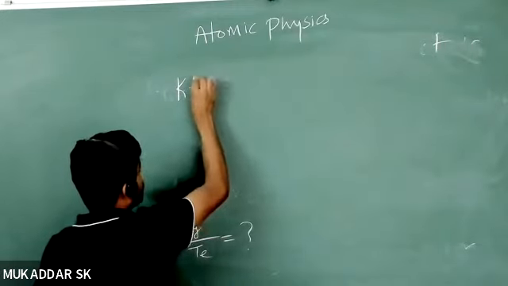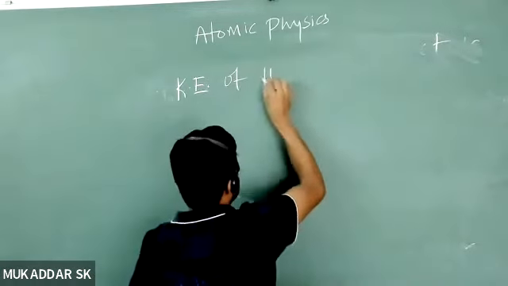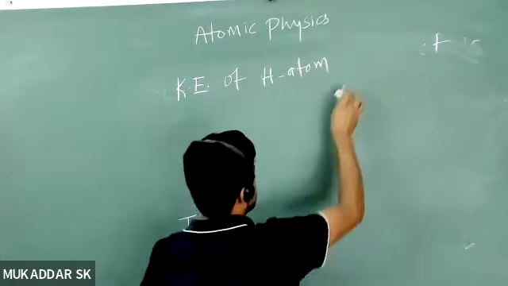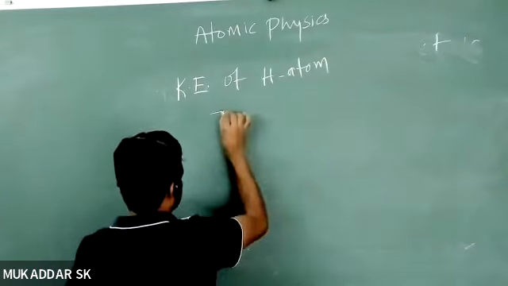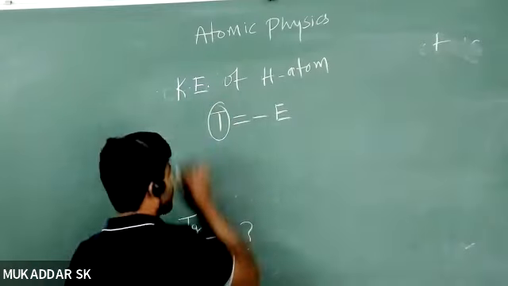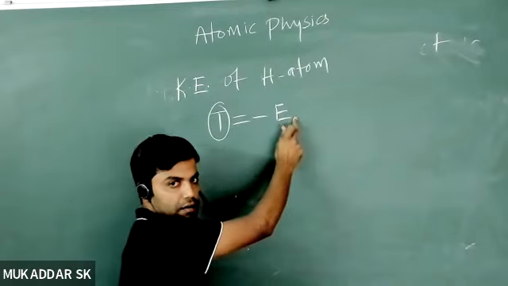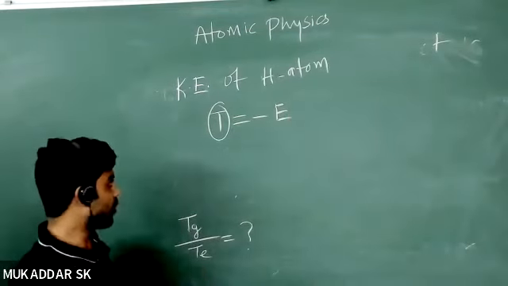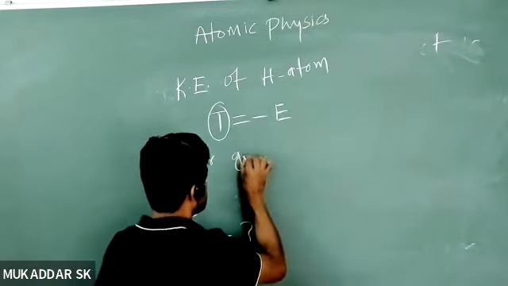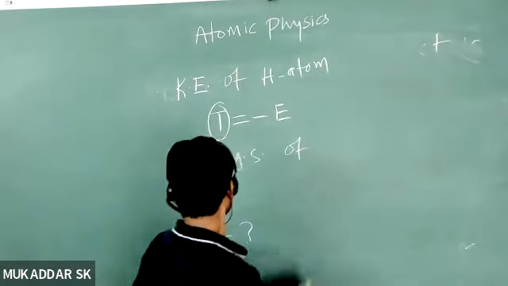If you remember, we have derived the relation between kinetic energy and total energy. So basically the kinetic energy of hydrogen atom in ground state or any state, T is nothing but minus of total energy, where T is the kinetic energy of a particular state and E is the total energy of that state. So for the ground state, GS meaning ground state of hydrogen atom,